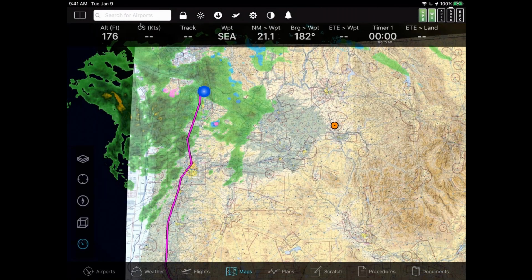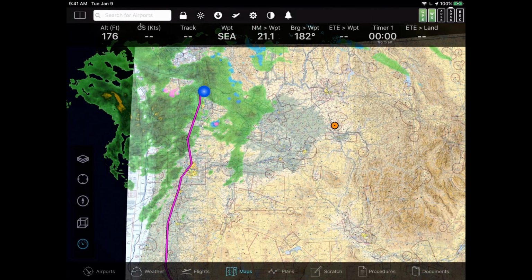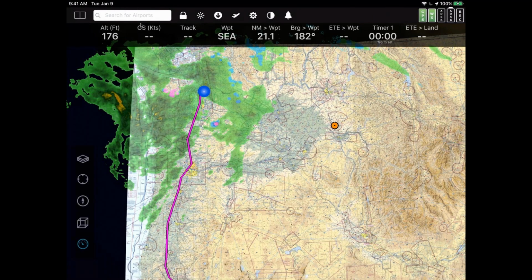One thing that people ask about sometimes is, in about 2 seconds, the tab bar at the bottom of the screen will disappear, just like that. As you probably know, you can tap on the map and it'll come back, it'll stay on the screen for about 6 seconds, and then it'll go away. If you want to change that, either to make it shorter or to make it never go away, you can do that. You do that, like many things in the product, by hitting the settings button. Again, the settings button is the gear icon at the top of the screen, roughly in the middle of my screen. So I'll tap on that,